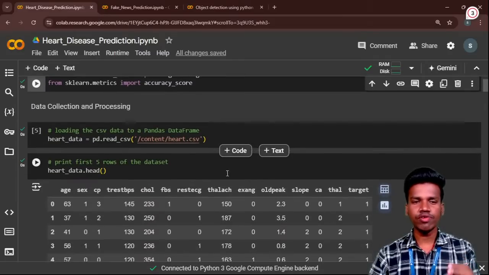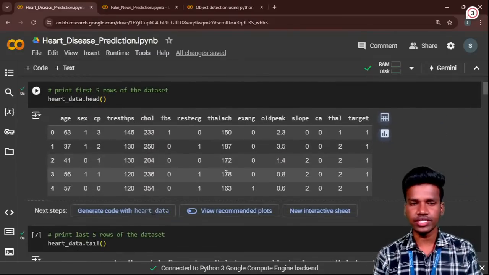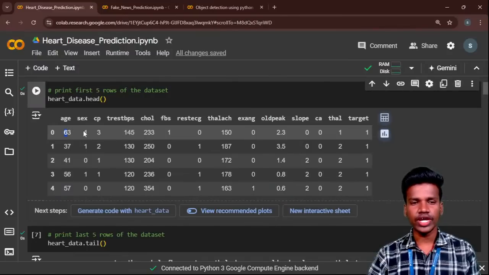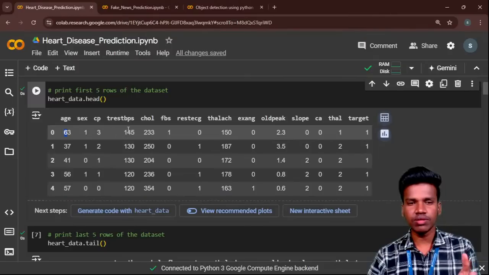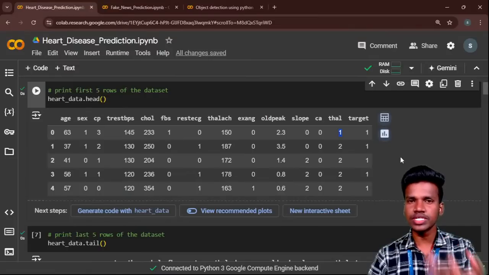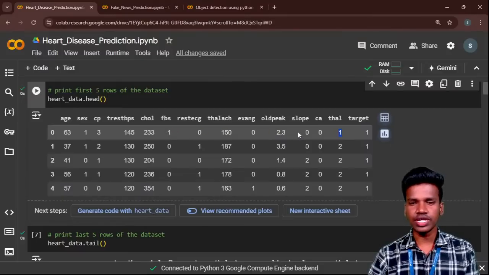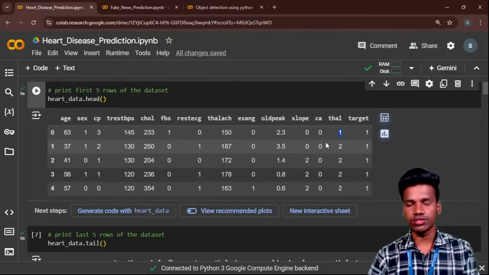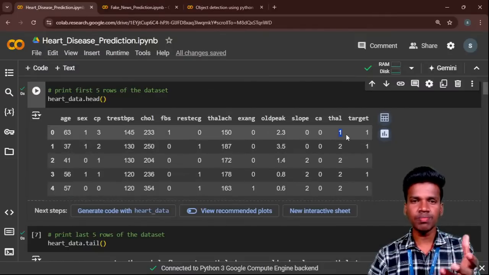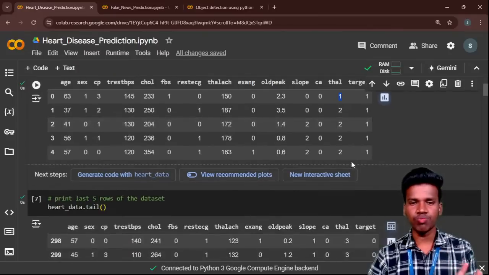Our target is that we give one kind of patient details, like age 63, male, cholesterol range, FBPS range, thalamin range, old peak range, slope range, and calcium range. We give these details to my system, and my system predicts, considering these details, whether this person has heart disease or not. That is our prediction. Giving the input, based on the input the patient is affected or not. That is the output.